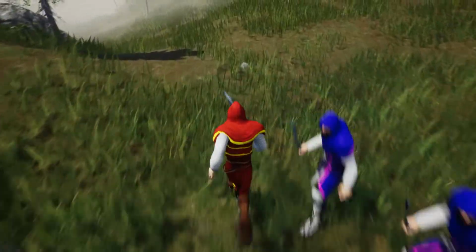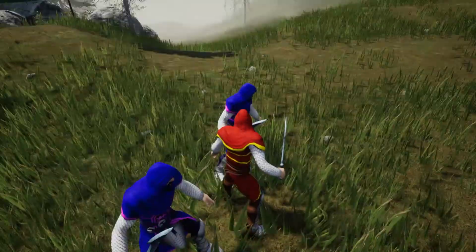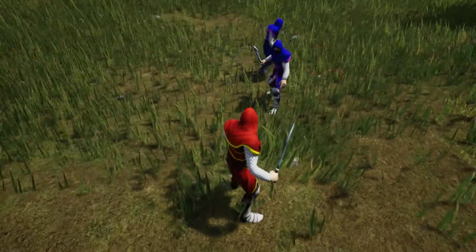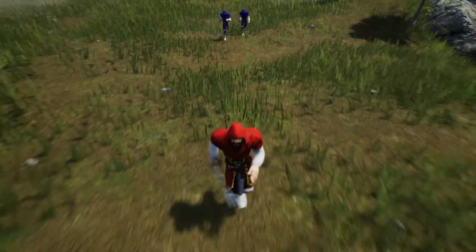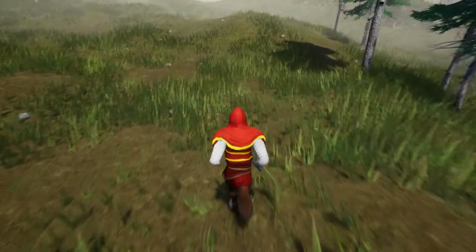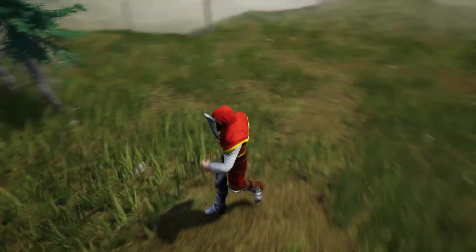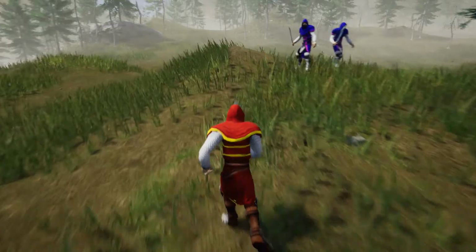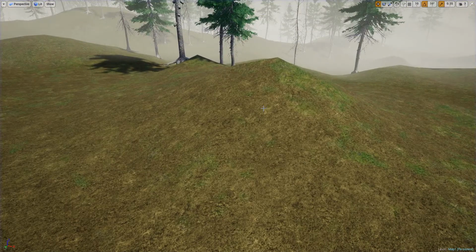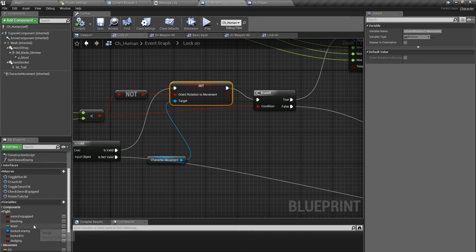Okay, now I'll look into one of these characters. Yes, now with the middle mouse button I have locked onto this guy, and I'll move away from him. Right, so when I'm away from that 1000 range, I am not looking at him anymore, like this. So I feel that 1000 is a little too much, so I'll reduce that into something like,